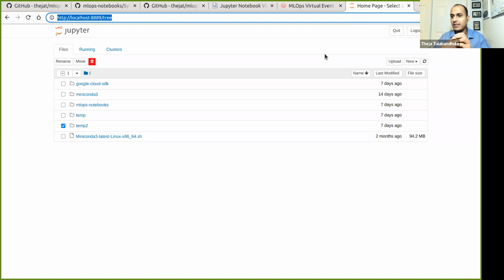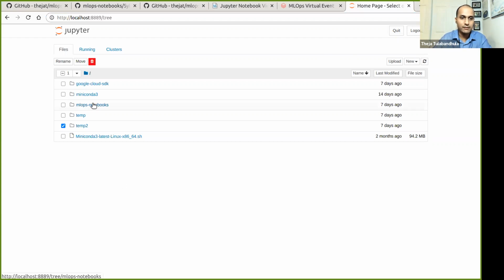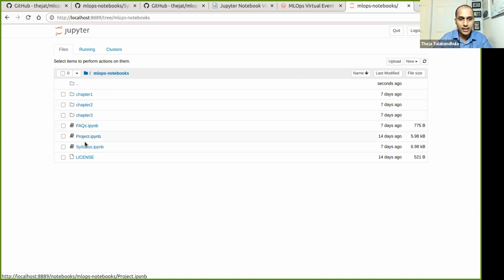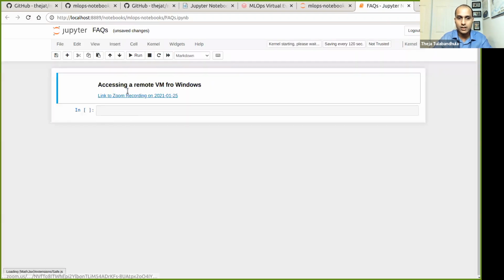But as long as you can get the PEM file and have an SSH client, so it's just a command line utility to log into a remote machine. Okay, you can also use PuTTY, and I have the video. So I have the video recording, and you can see that in the FAQ. There's a link. This link shows you how to use the PEM file in a Windows environment. And if you're on Mac, there is a terminal app by default. As long as you can use SSH, space, and we can see those.